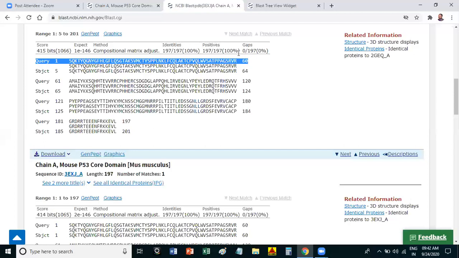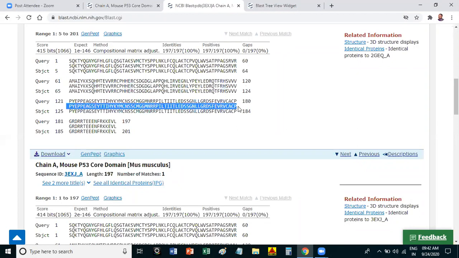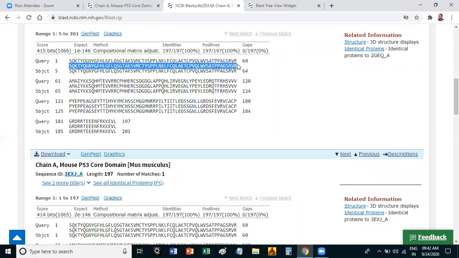For example, it is showing 100%, I am considering 90%. Whatever results you get from the database are showing 90% similarity, and they have some particular structure, they are known proteins.